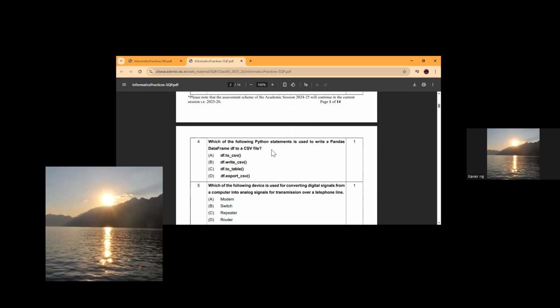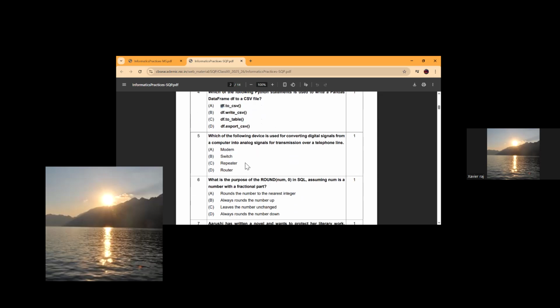So from the data frame to the CSV, that means it is to underscore CSV. That is very clear. So option A, df, the data frame name, what they have given here, df dot to underscore CSV. And the next question is, which of the following devices is used for converting a digital signal from a computer